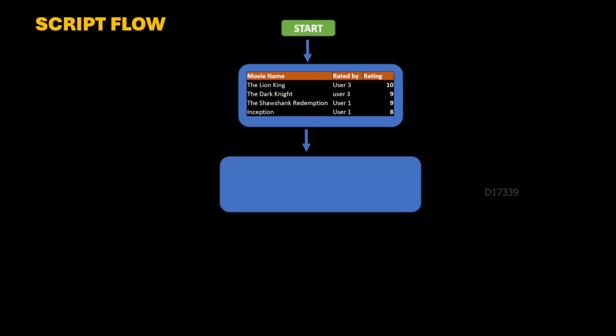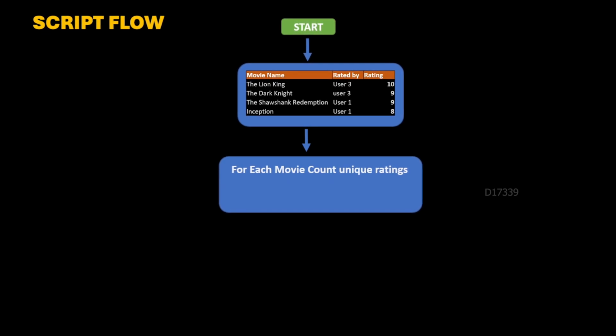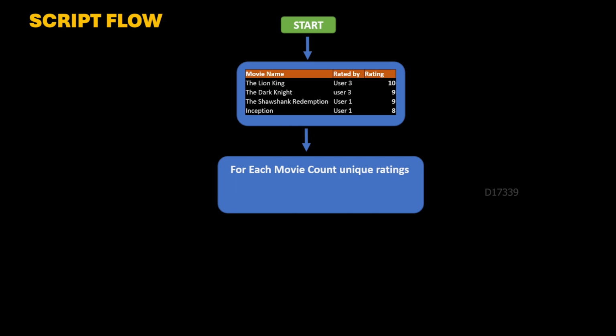With rating 10, I have around one record. With rating 9, I would have around two records. With rating 8, I would have around one record. So let's say I'm going to write a normal script which is going to start and get all the data, where I have to loop through each and every record. So I'm going to loop through around 4 times for all these 4 data, and I'm going to gather the